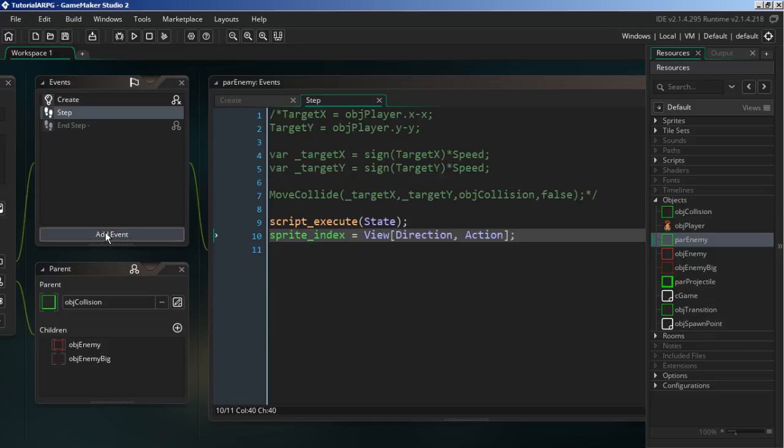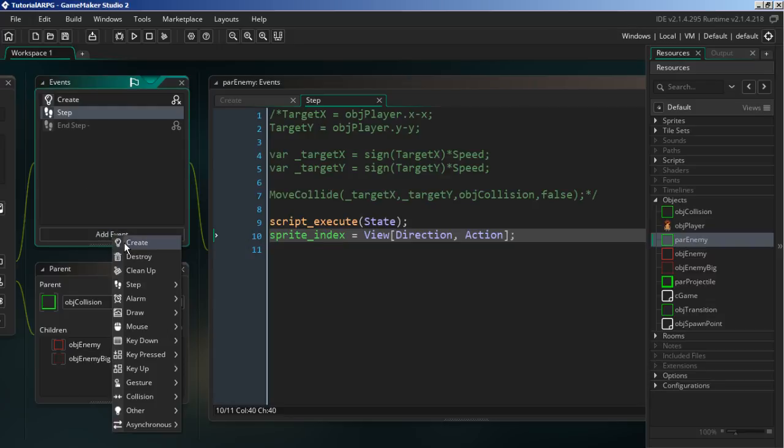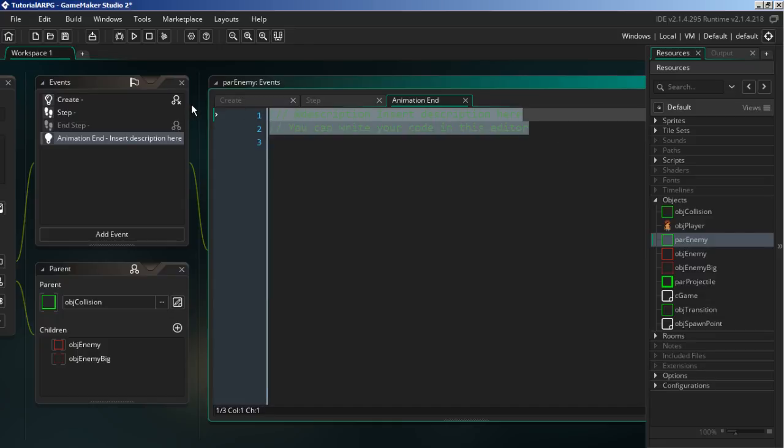Now we're going to add in a new event, just one new event here for the parent enemy, and this is going to be shared across all enemies for now. And that is the other animation end, which is at the top here. Okay, so once we add this in, the next thing that we're going to do here,